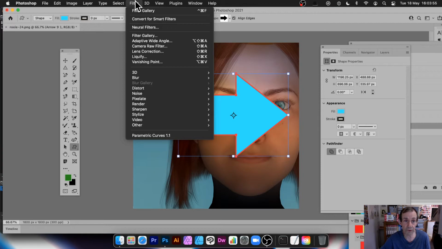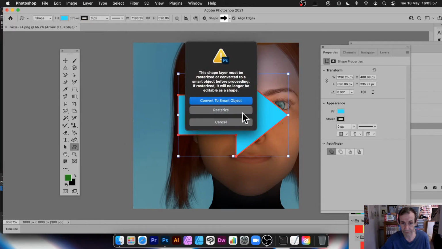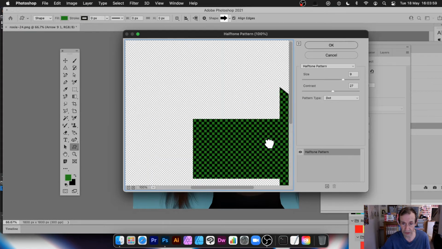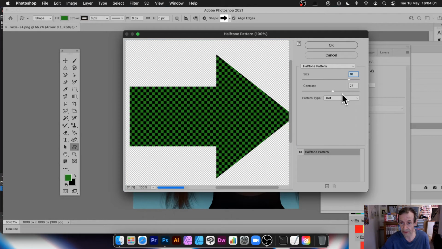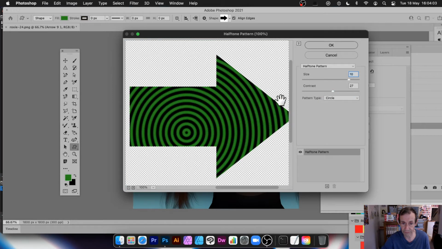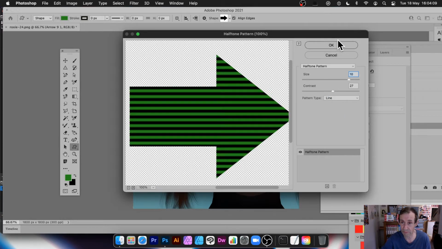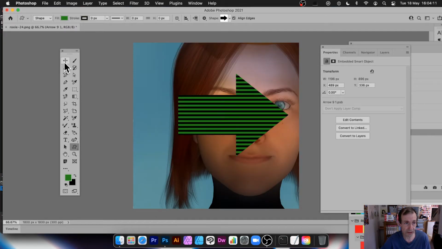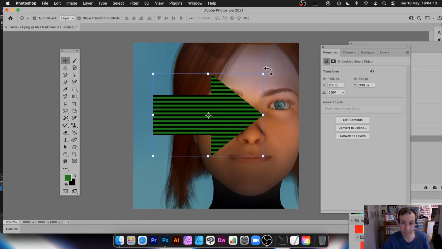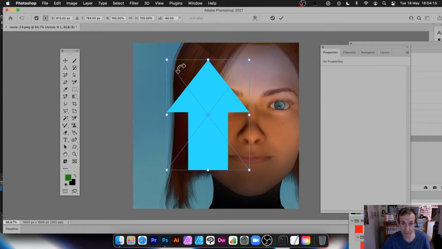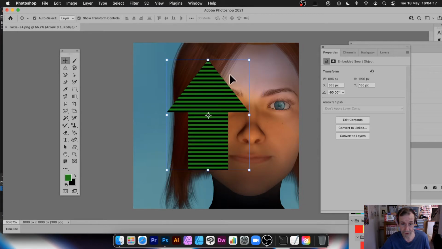Then you go to Filter, Filter Gallery, convert to Smart Object, and you can see then you get this nice dotted design there, or circle. So you can create, but unfortunately again you can't move this around, and you've got line, probably works better there. So you've got your line design there. And of course one thing with this is you can always rotate it around, and you've got it going that way as well, and so on and so on. There's a whole variety of different things you can just,